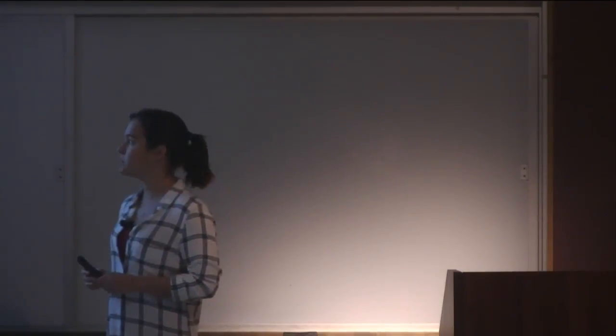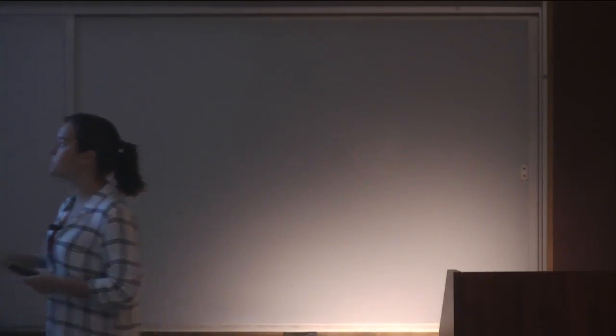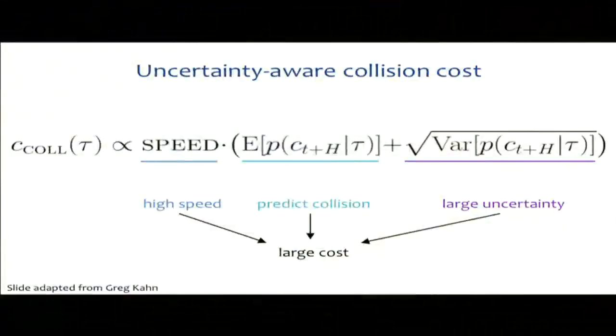Don't the trajectories already code the speed? Like, why would the speed term be there? The speed term is to encourage... So these are predicting collision and large uncertainty for different speeds. The speed term is that we don't want to collide at high speed, and so this is going to be multiplicative with speed and uncertainty, because if we have uncertainty or if we think we're going to collide, we want to be at low speed. Whereas if we're very confident that we're not going to collide, then we want high speed. Good question.